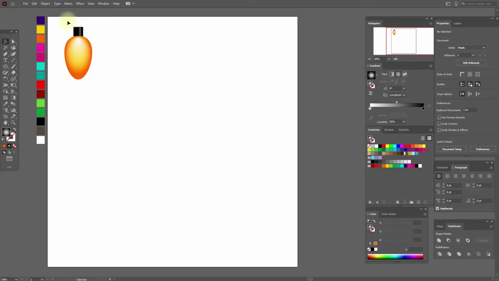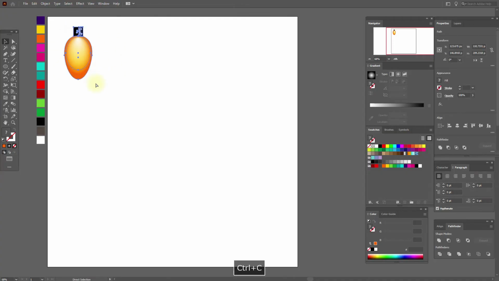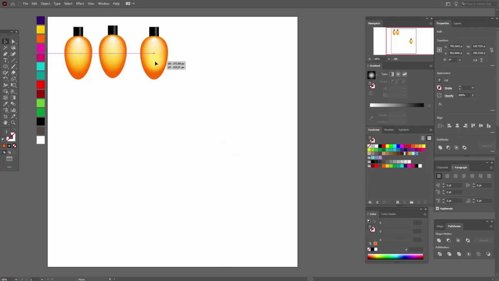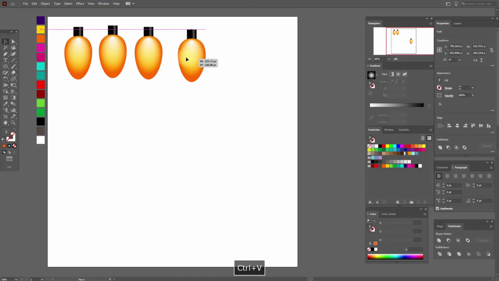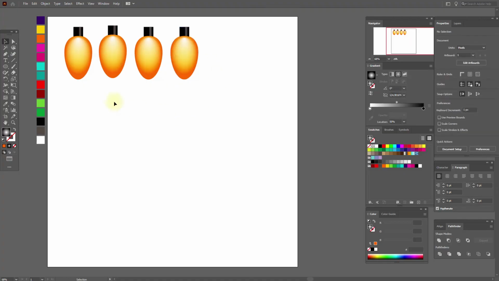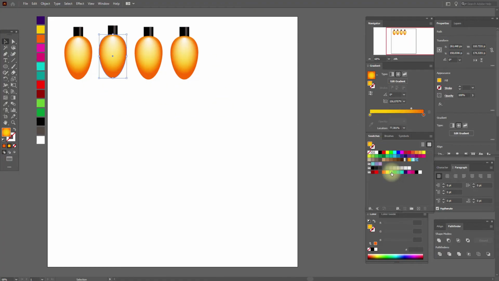Okay, now it's ready. Copy and paste it and make 4 copies like this, and let's add new colors here. Here green, here pink, and here red,